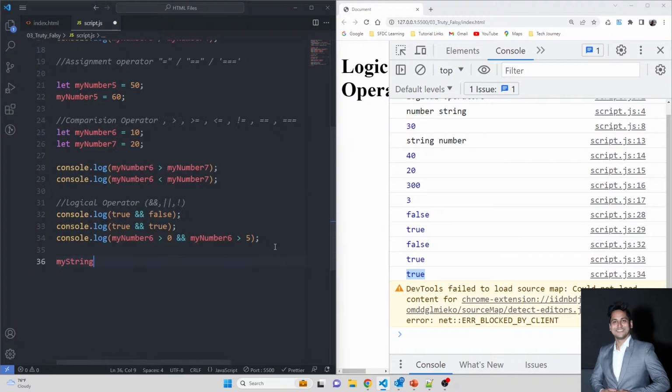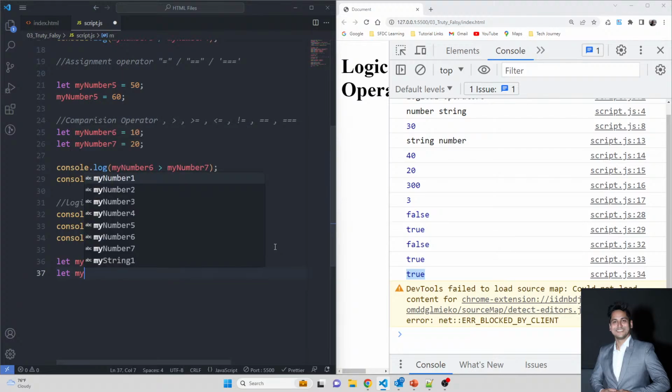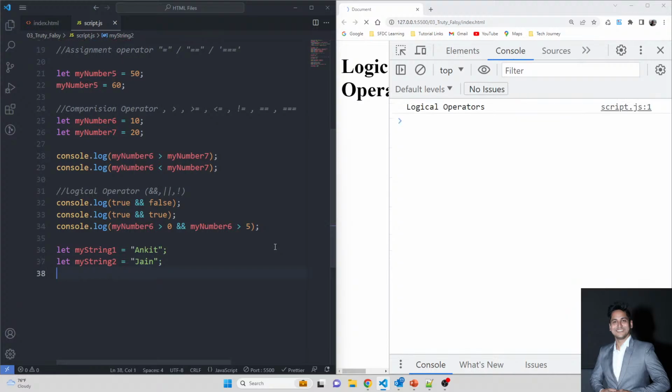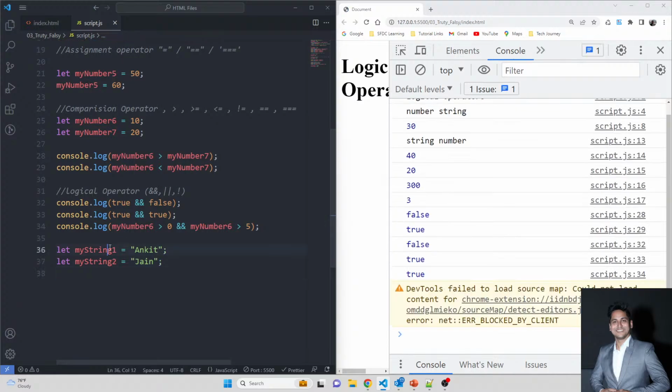Let's say my string 1 is equal to Ankit. Another one is my string 2 is equal to Jain. Now I can also use this AND operator with these two. As these both are truthy values, what will we get in this scenario if I use the AND operator in between these